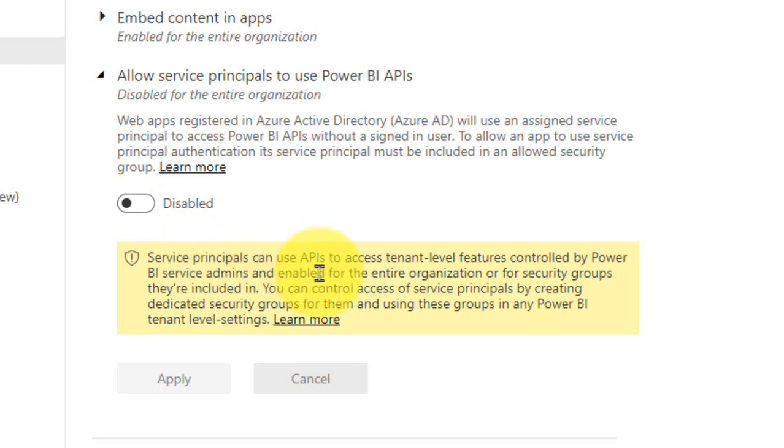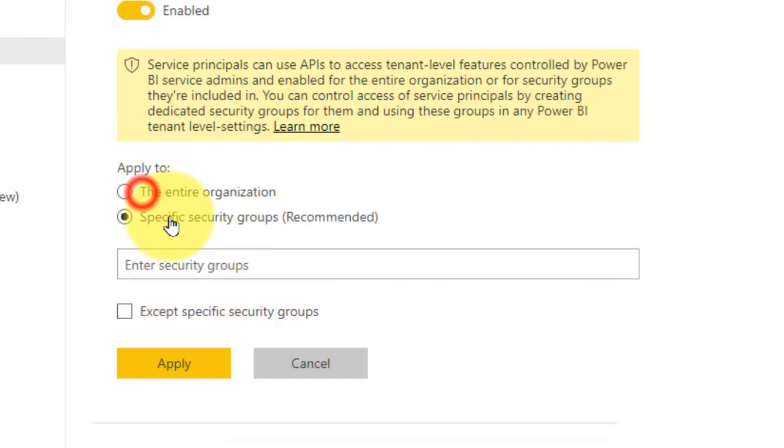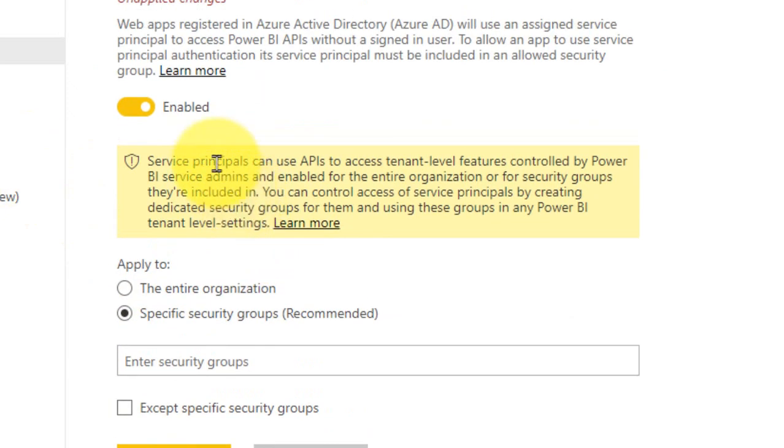So if you enable this one, to access the tenant level features controlled by the Power BI service admin, enable for the entire organization or for security groups they are included in. You can control access to the service principals by creating dedicated security groups for them and using these groups in any Power BI tenant level settings. So they are recommending this specific group only, instead of giving it to our entire organization.